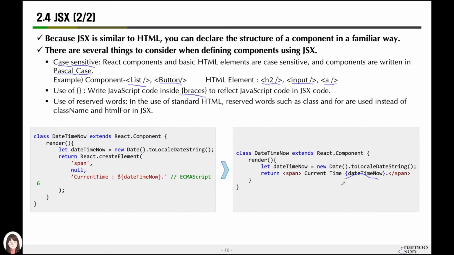There is also one thing: keywords like class or for that are basically used in HTML are used in ECMAScript 6. For example, we assign a class to an HTML element, whether we apply a style or use the keyword class as a selector.